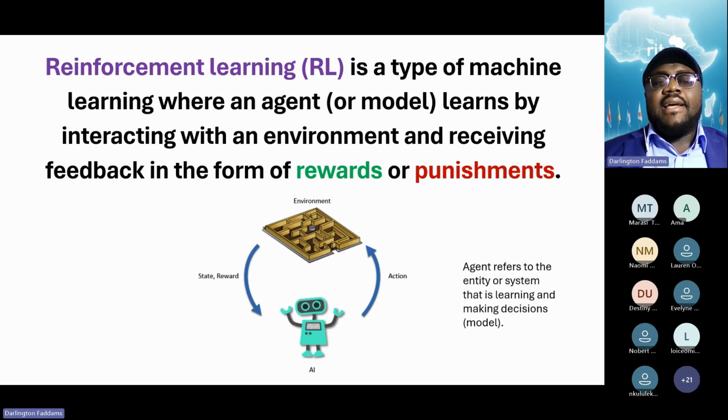Because with this type of AI, we have an actual agent, I don't want to say person, we have an entity that is actually performing a task. If you have seen anything about AI agents, you will see that these AI agents are able to take action and do things.